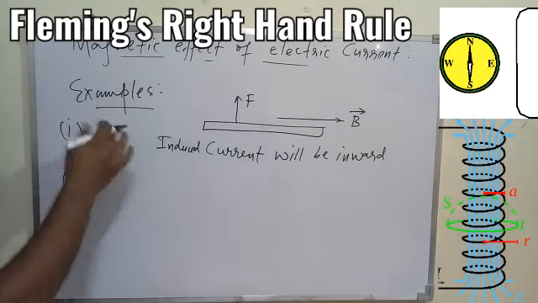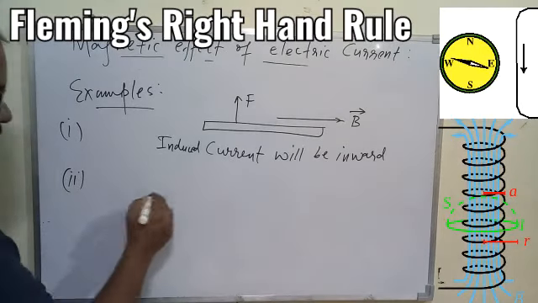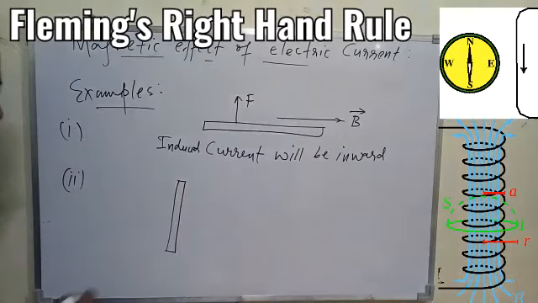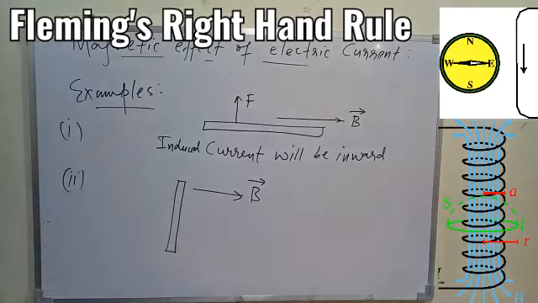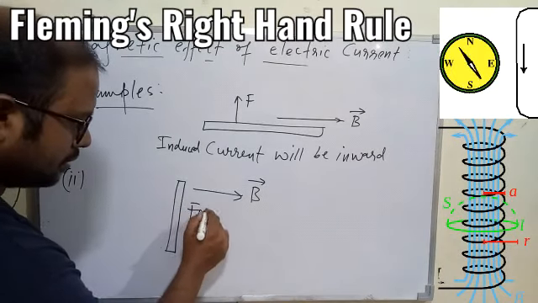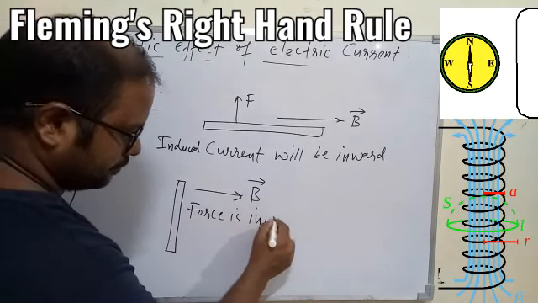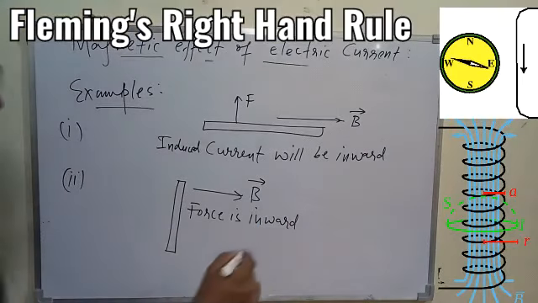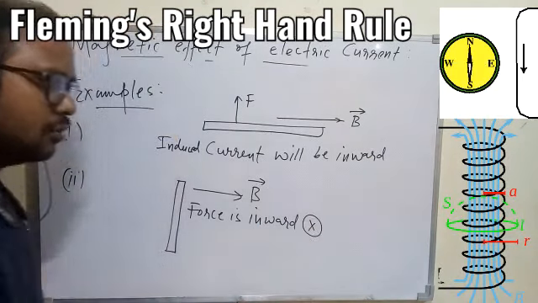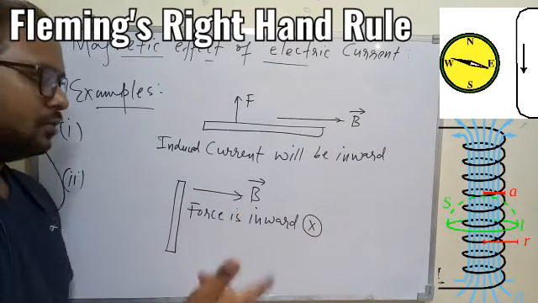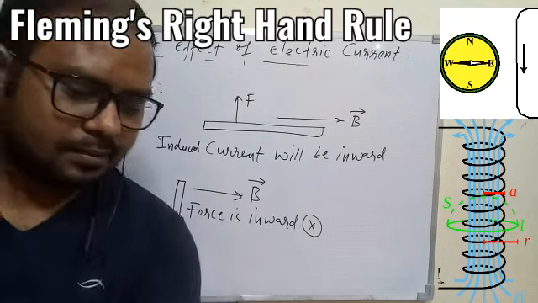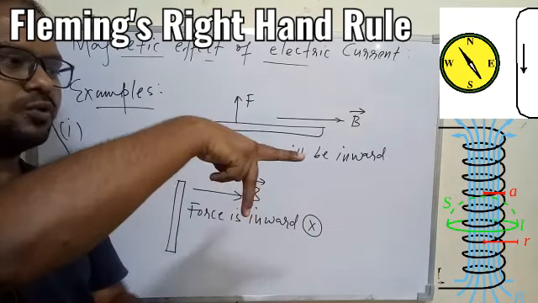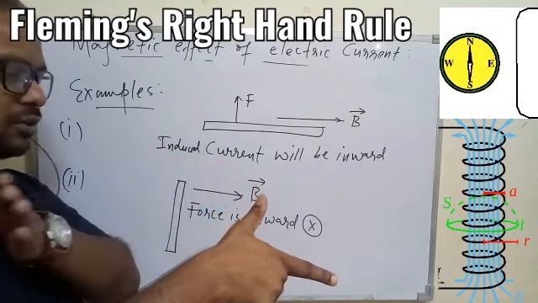Let's take one more example because in this case you are able to see upward downward. Now let's take a conductor this way, magnetic field is again in this direction, okay, and let we are giving the force perpendicular, so we are giving the force inward, so let force is inward, okay. So let me show you the cross symbol. Cross means let the force will be inward, that I can't show because 3-dimensional picture we cannot have now. So overall in this case we have magnetic field same direction and force is towards the board, means we are moving the conductor towards the board.